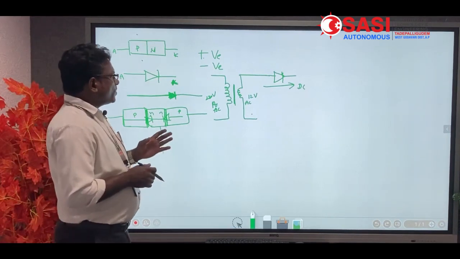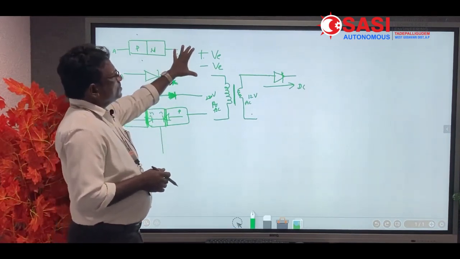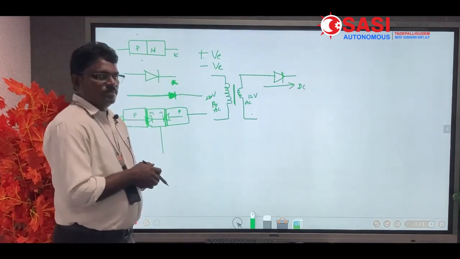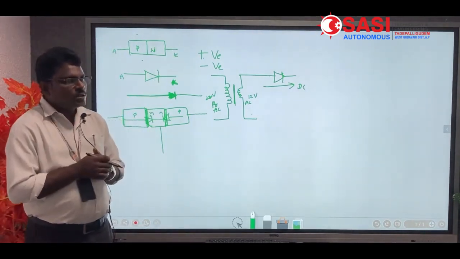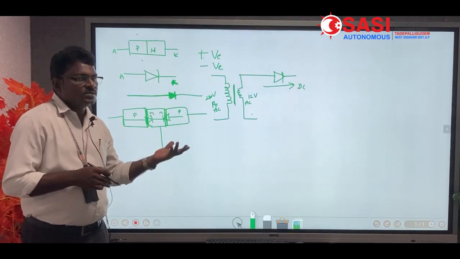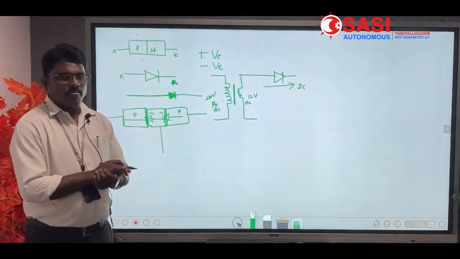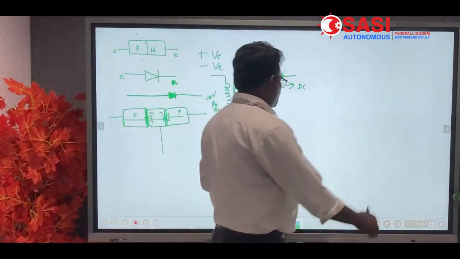So here from the basics, this is the feedback amplifier concept. There are two types of feedback. In amplification, negative feedback is used. In oscillations, positive feedback is used. Here the concept is,